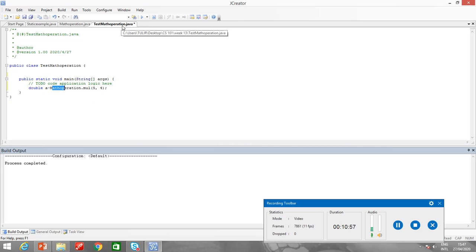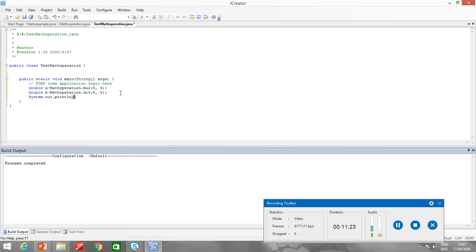This is actually how you can access the static members. Same thing I can call the other method also, double B is equal to MathOperation dot divide, 5 divided by 5, and the other static method was the division method.